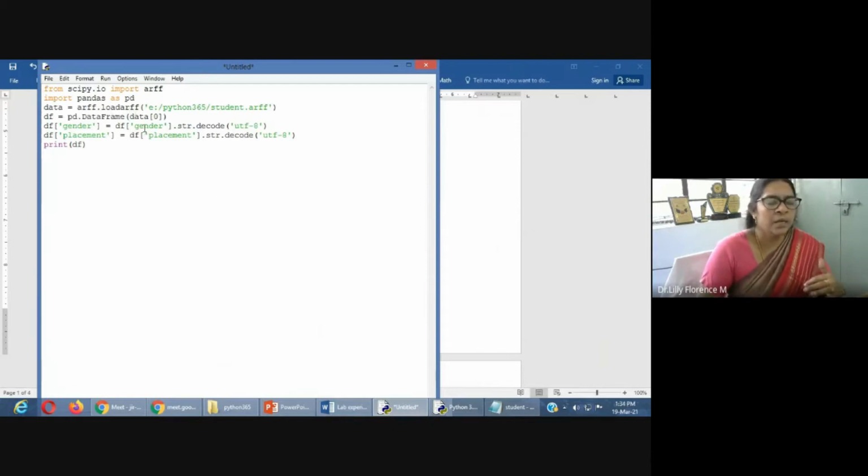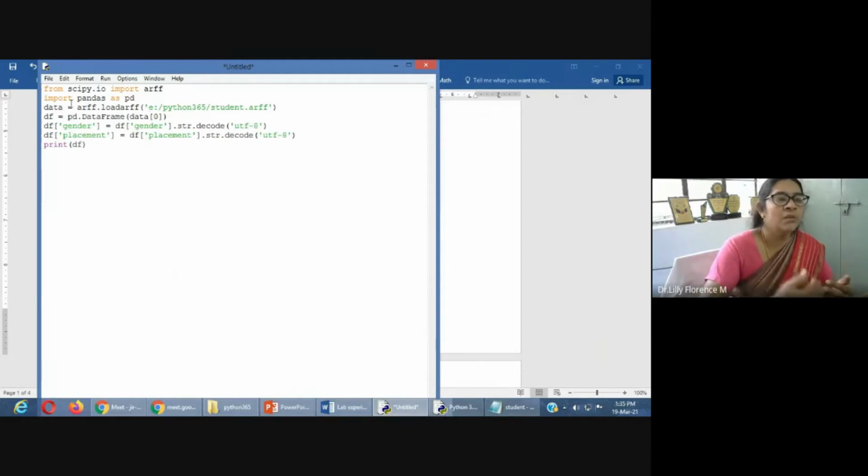We can use an ARFF file or a CSV file also. Since I have used the same file in Weka, that is why I am using the ARFF file here. SciPy is the library we are using to load ARFF, and we can use the method called loadarff, and the path we have to specify. So this will load the file here.